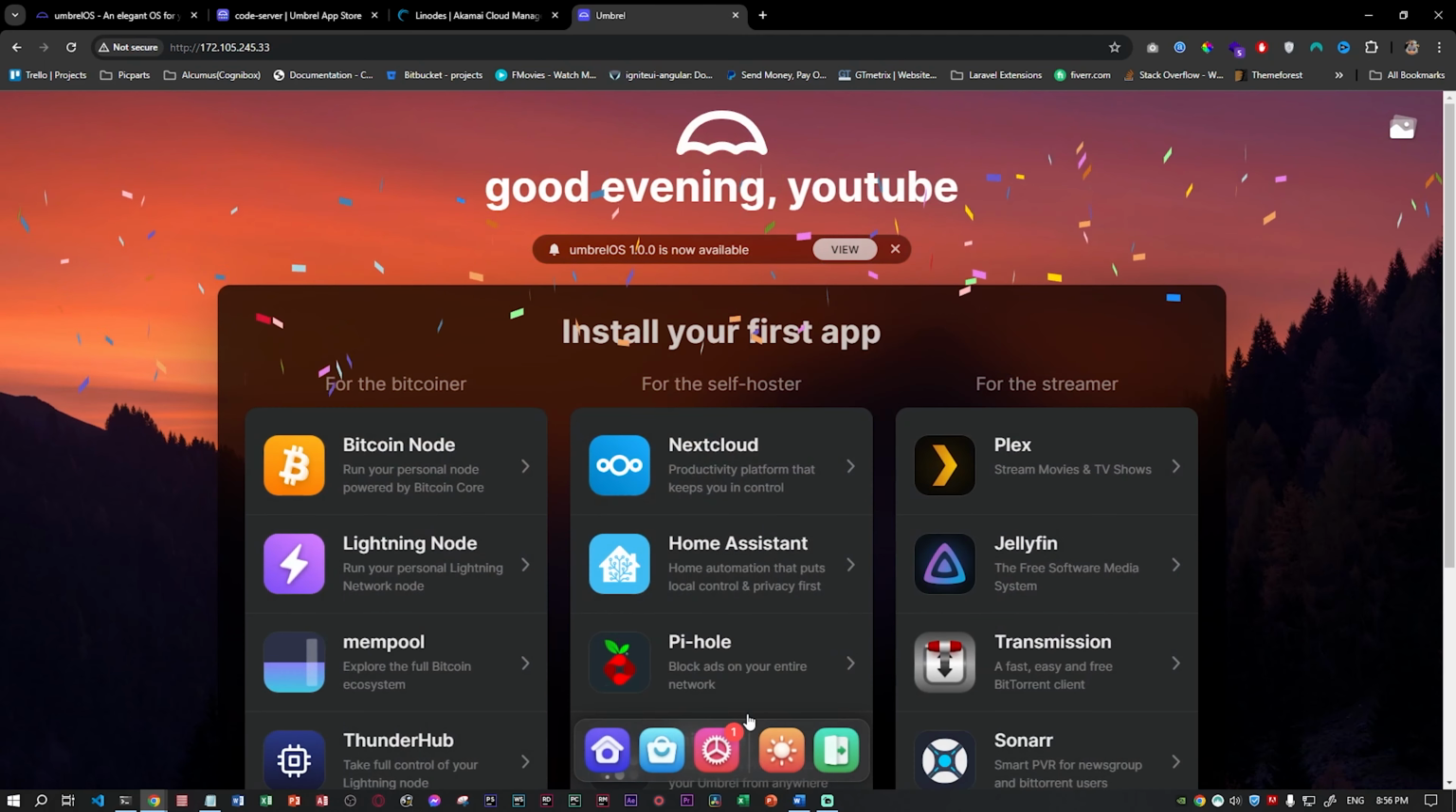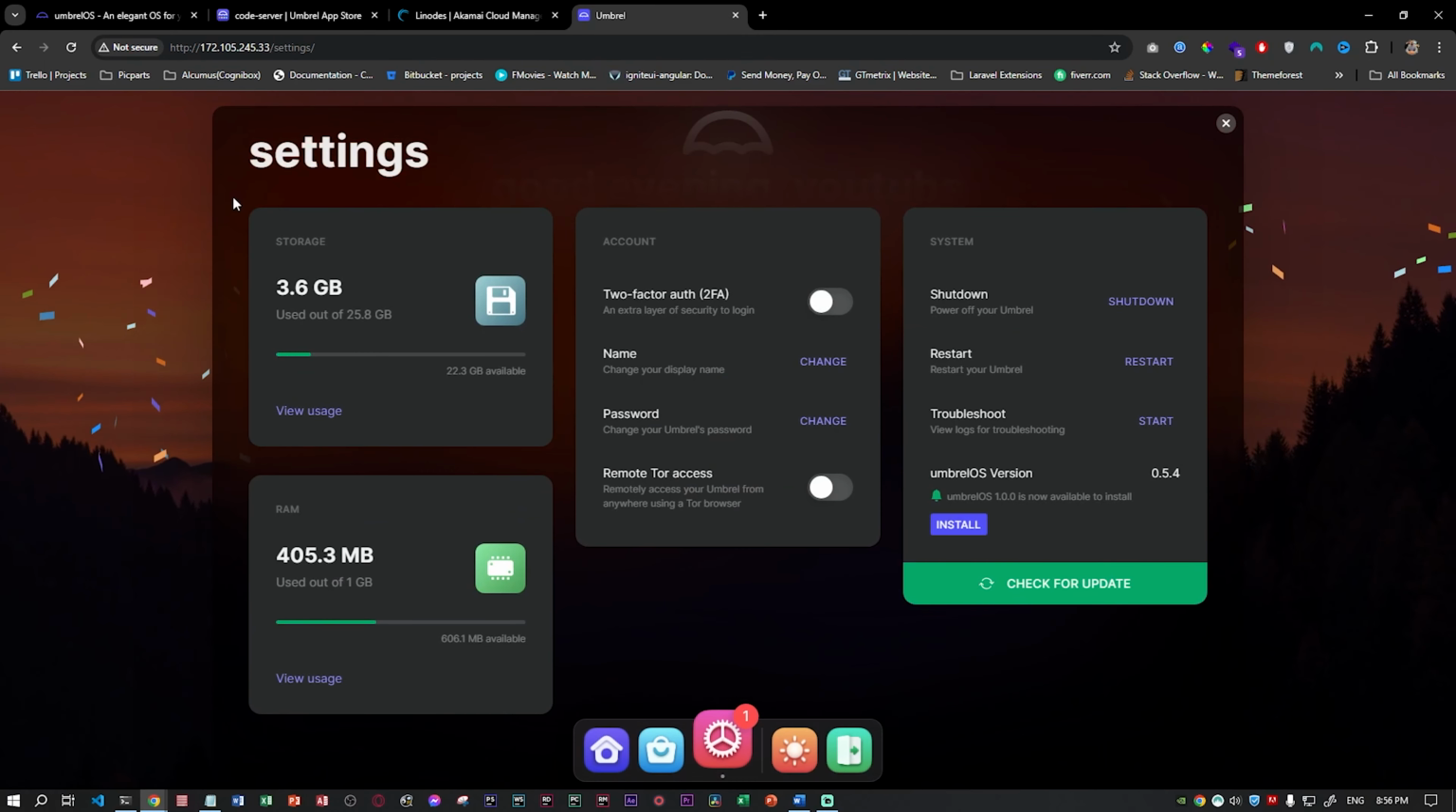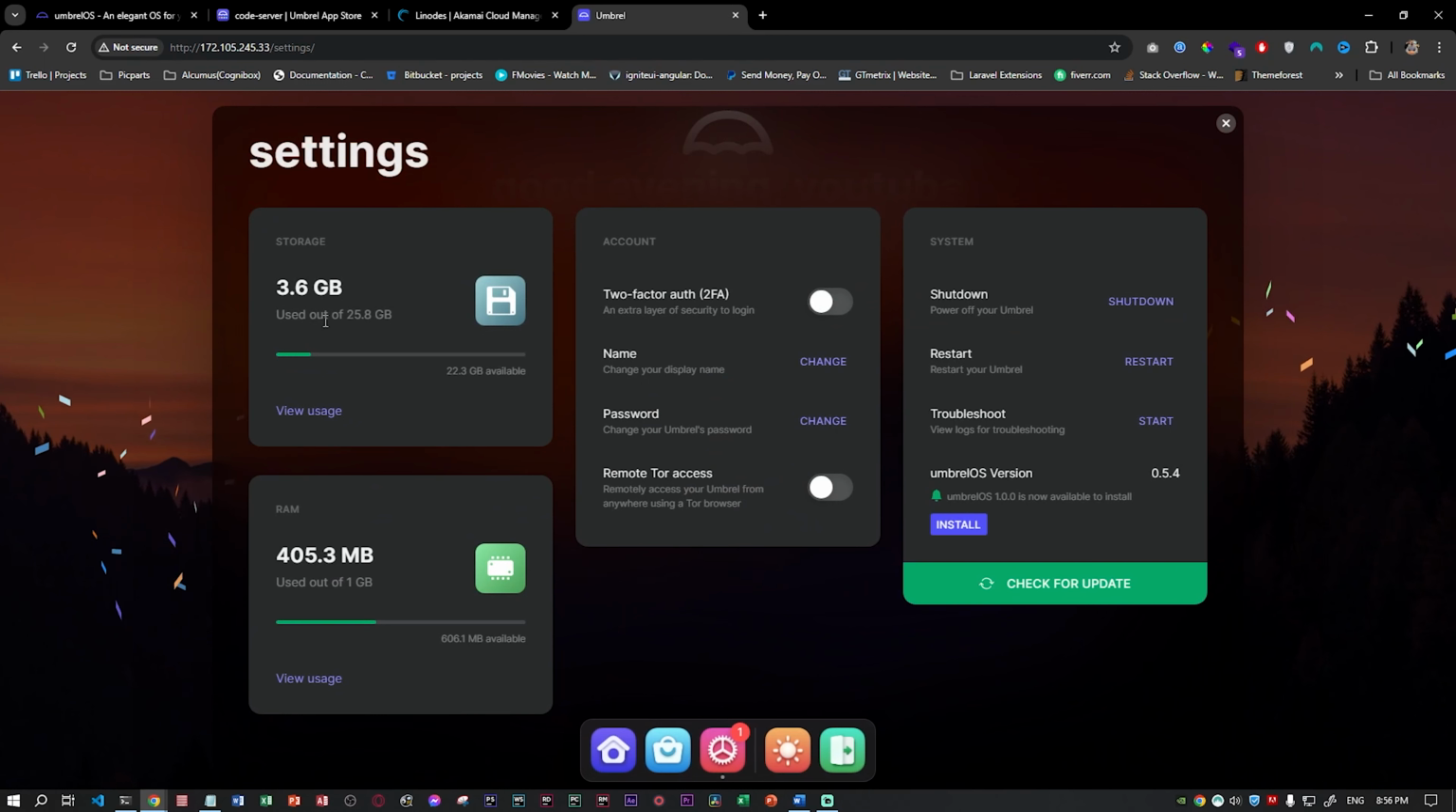So if you go under settings, you have the storage of your Umbrel, how much RAM it's using currently. You can set a two-factor authentication. You can have a remote Tor access using Tor browser. You can shut down, restart, troubleshoot, and install the latest version. So my version currently is 0.5.4. You can update it to Umbrel 1.0, which is the latest. You should do that. It's important. You can also change the